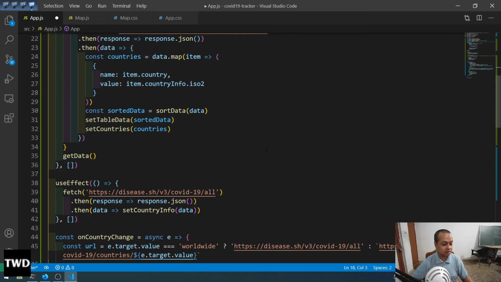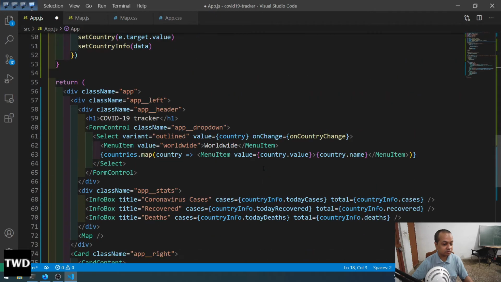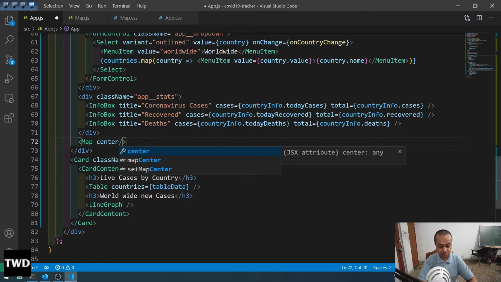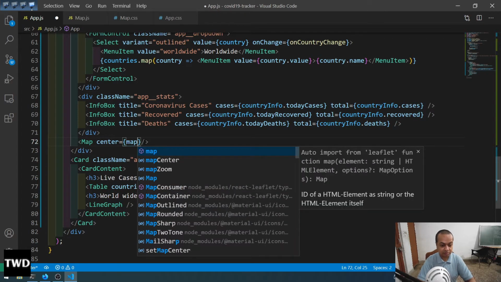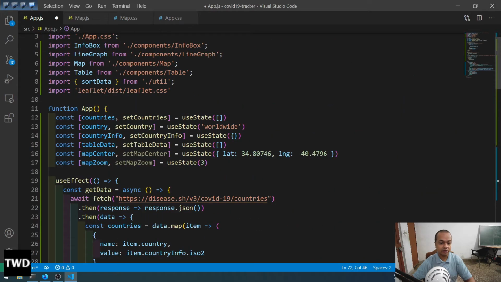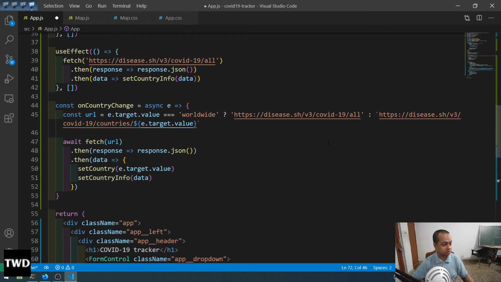And then in the map, where is our map, it is at bottom, but we are not passing anything here. We will pass the center equal to mapCenter, zoom equal to mapZoom. So these two state variables which we have created, we are passing them now, and